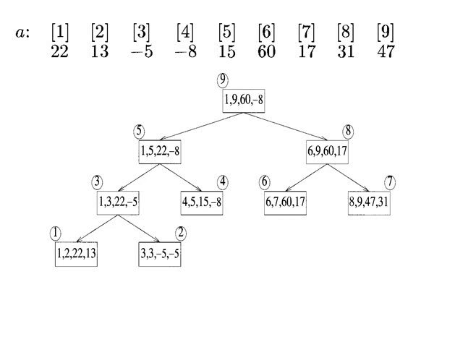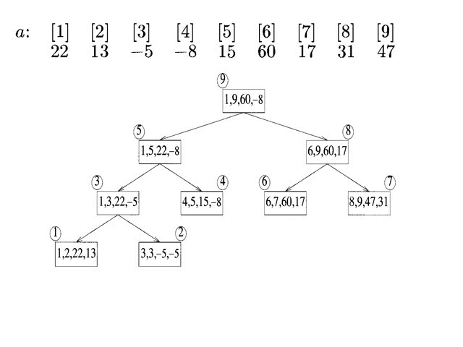So 6 and 7 we have two values, so it's a small problem. 60 and 17, that is the 6th item and 7th item, will be compared. 60 is greater than 17, so max will get the value 60 and min will get the value 17. And the next half of the array, that is 8 and 9, again it's the smallest problem. So 31 and 47 will be compared. 31 is lesser than 47, so min will get the value 31 and max will get the value 47.